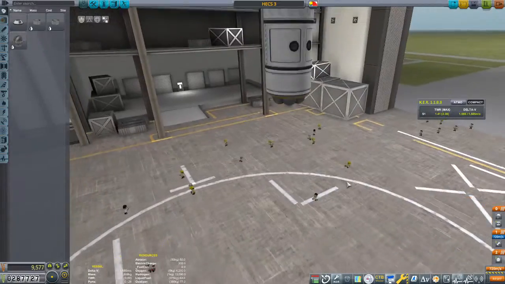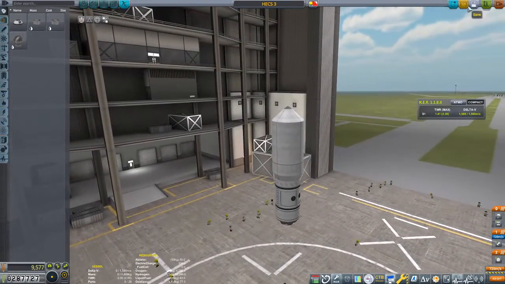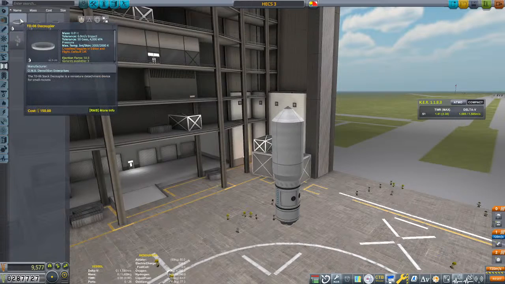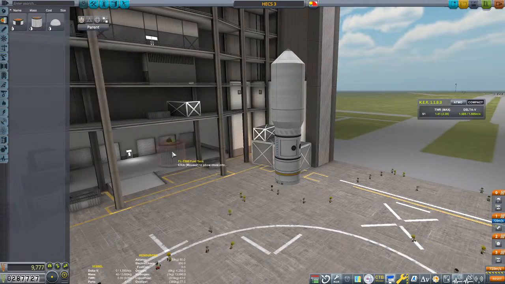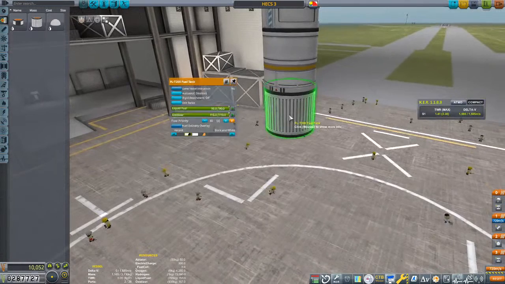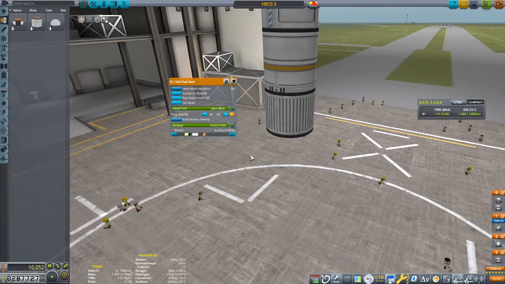Okay, so what we need to do is get this fella into orbit. So, we are going to put on this decoupler. And, yeah, still got only these smaller fuel cans. I did add, by the way, another mod called Configurable Containers. It just sort of caught my eye as I was playing around with mods, and I'll show you what it